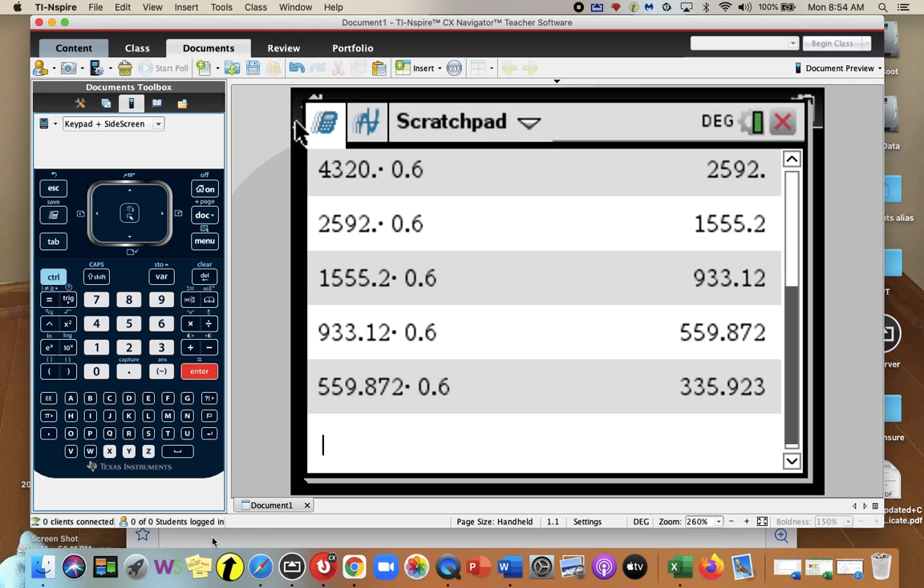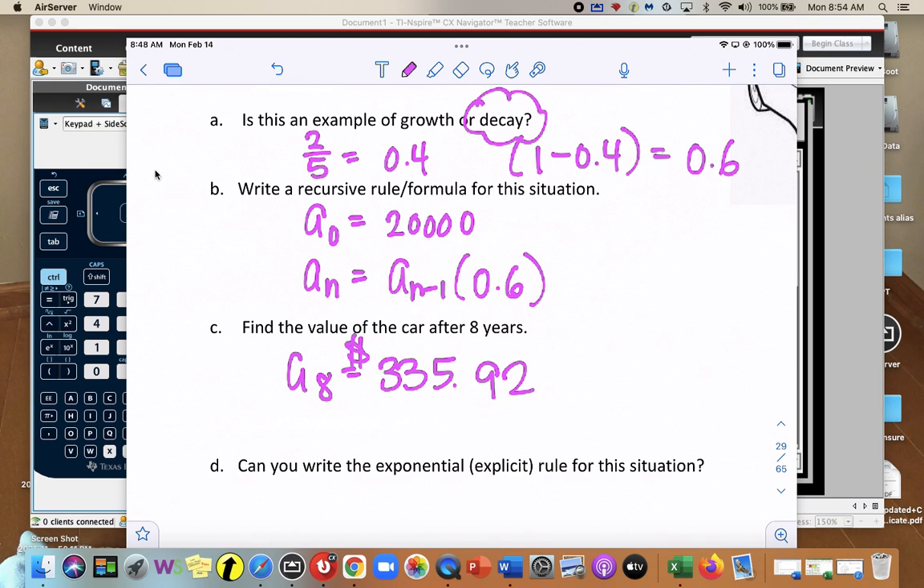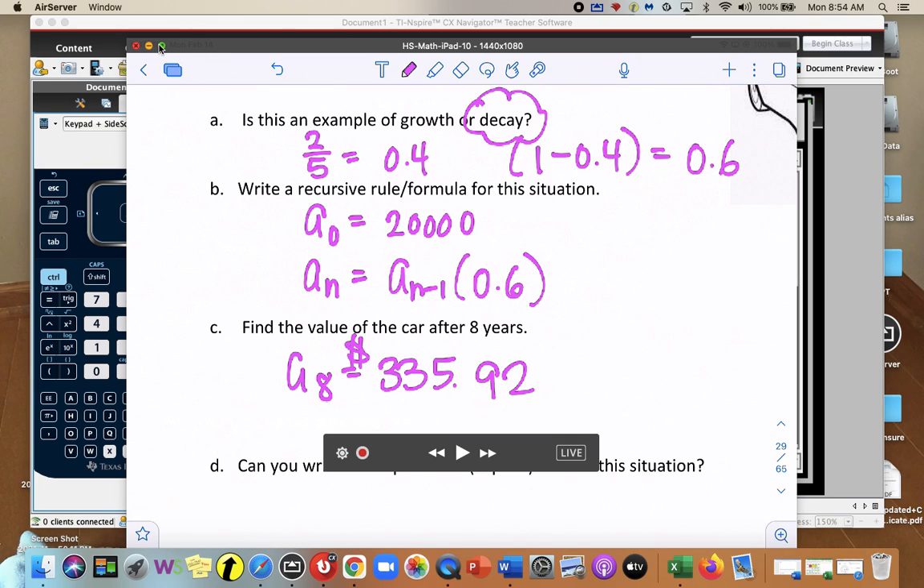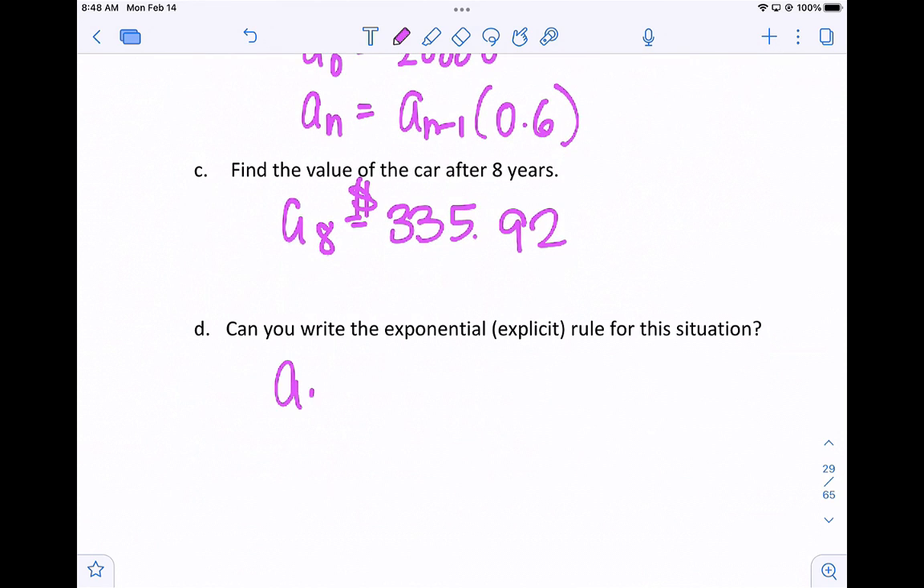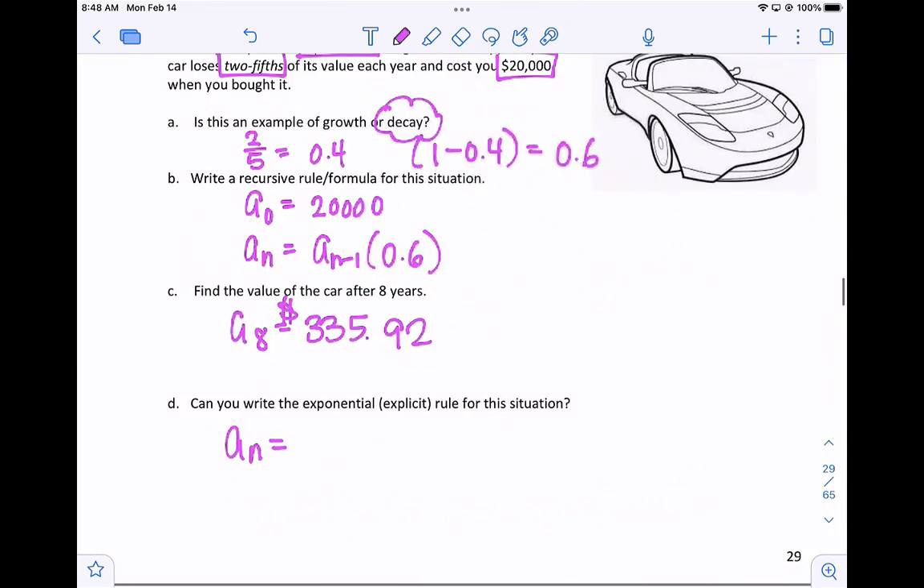So can we write the exponential? What if you didn't want to program your calculator and hit enter 8 times? What's another way to figure out an equation for this? And that's the explicit rule. The explicit rule is you take your starting value and,